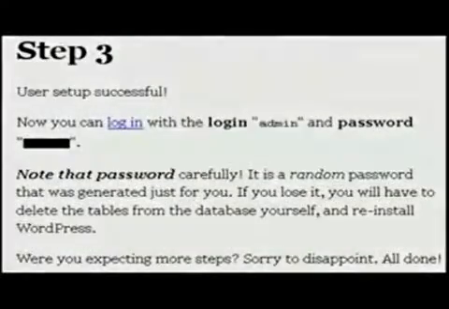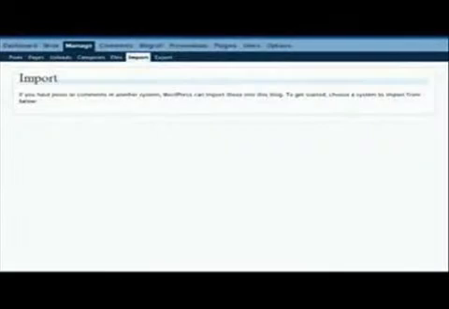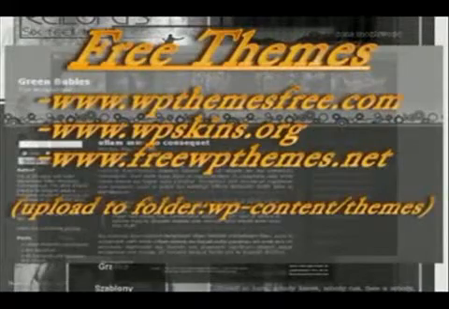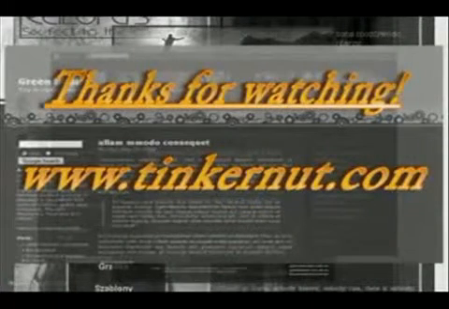So the last step is to run the WordPress setup wizard, and you can do this by going to your AwardSpace domain name /wp-admin/install.php, and then just follow the steps that are on that page, and it will give you a username and password. So be sure to record that, because it won't give it to you again. And then you can use that username and password that it gave you to log in. And then once you log